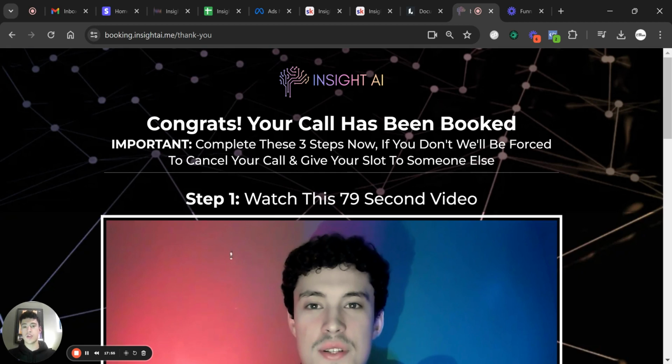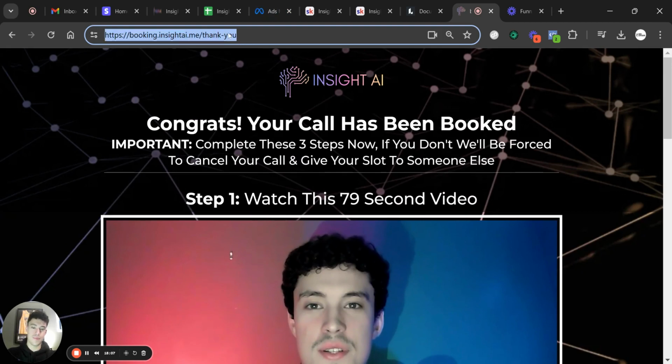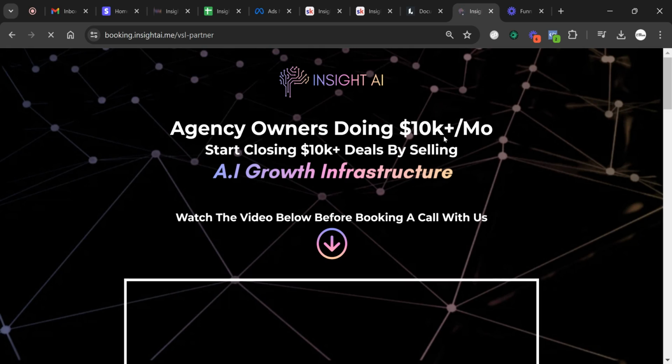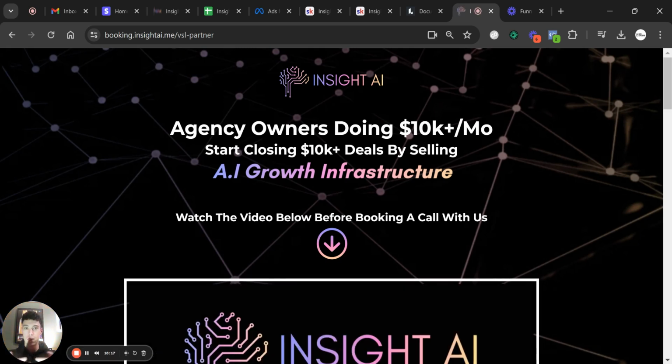And when you make the change to this, especially if you don't have something set up like this before, and then you do, expect to be getting fewer bookings. It's just the way it goes. You can't let it get to your head, because it's just the way it goes. You're going to get fewer bookings because you're getting rid of those unqualified people. Bookings are going to be more expensive, but it's worth it because you don't want to spend your time taking calls with people that aren't qualified. So I highly recommend you follow this exact structure that I broke down here, and it will make a massive